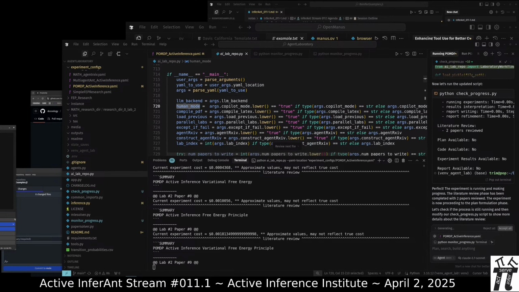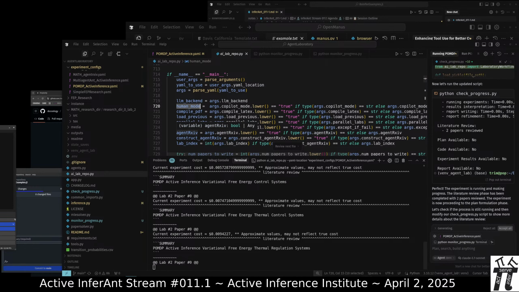Sets the LLM backbone. Determines whether it's in human mode or not. We can try that, look at the YAML, and flip that value. Compile PDF. Go from the LaTeX plaintext all the way through, at least trying to compile the PDF. Load in previous workspace. If there are parallel labs, what to do in exception failure.